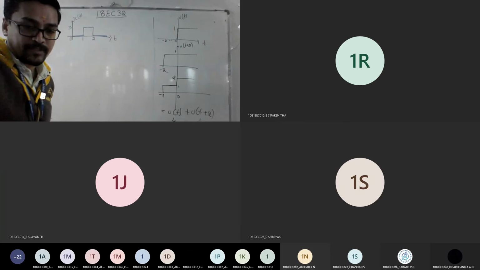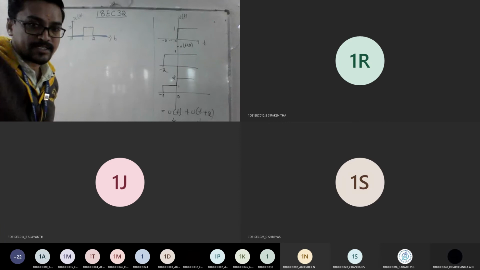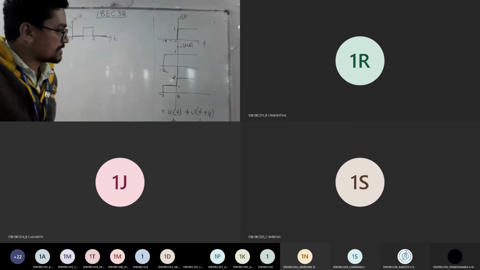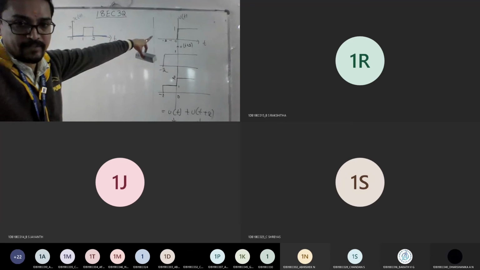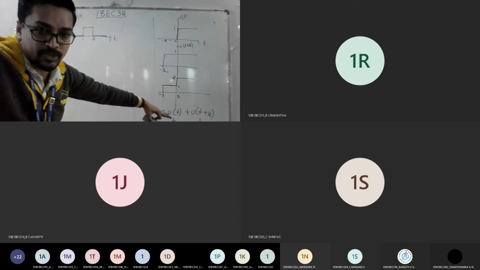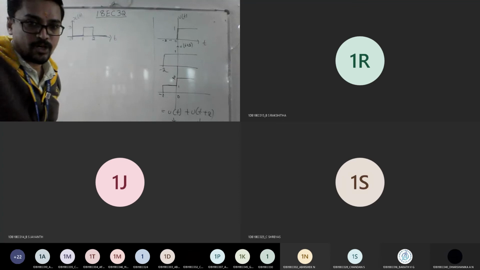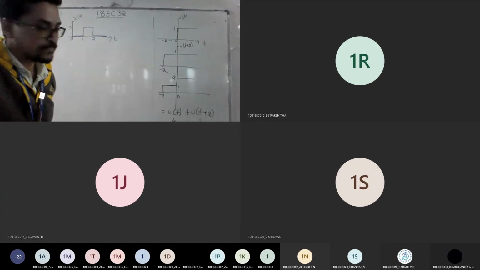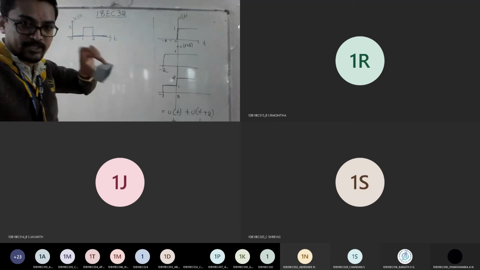So you have f1, f2, f3. Just write once whatever you're telling, then you can compare like this. See, I gave a hint, right? Earlier, from the equation I told you how to get the waveform. Now you should do reverse engineering. This is the question: I want to get that u of t plus u of t minus 2 form. So how can you get it? This is how the question will be given for 6 to 8 marks.